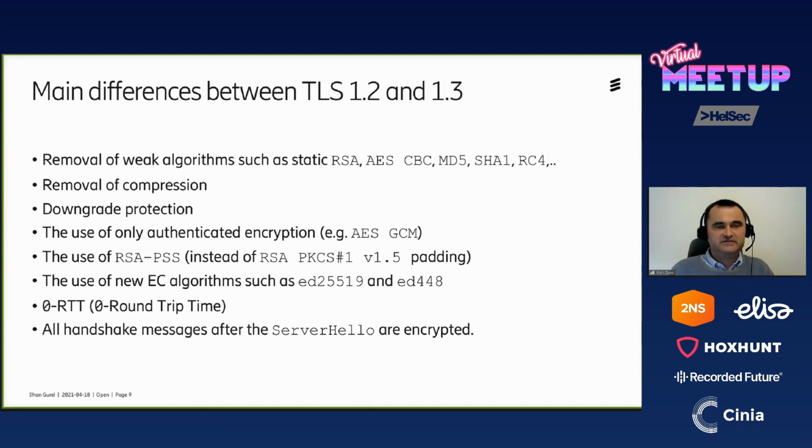One of the things that TLS 1.3 introduced is zero round trip time. So basically, a client can send some information and immediately switch to symmetric encryption, decryption, and so on. Zero RTT can significantly reduce the time to establish a secure communication channel, but please keep in mind that